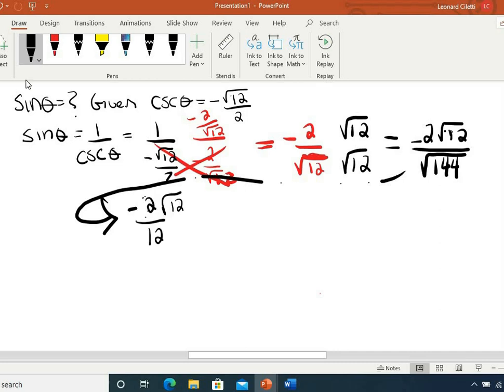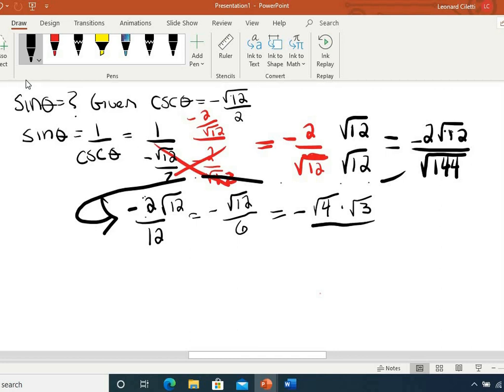Sorry, I had to take a break there and rewrite this. So we have negative 2 square root of 12 divided by 12. So this simplifies down into negative square root of 12 divided by 2 goes into 12 what? 6 times. So it ends up being negative square root of 12 over 6. This can also reduce down. This becomes negative square root of 4 times the square root of 3